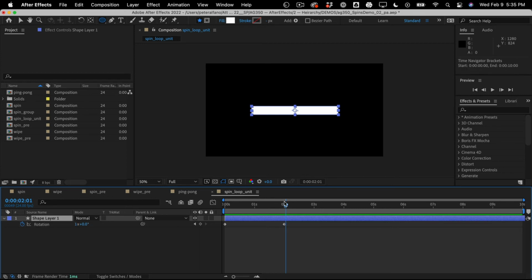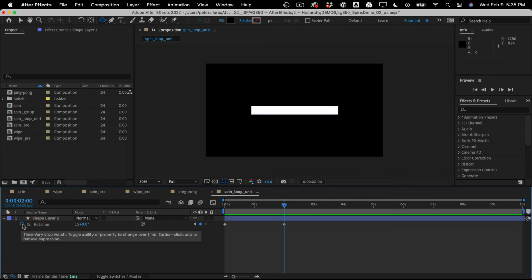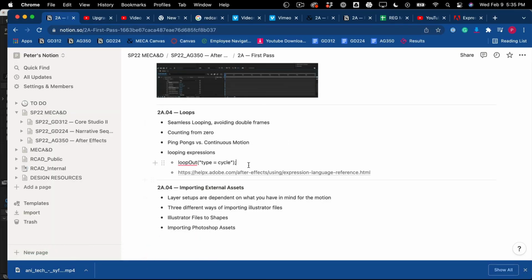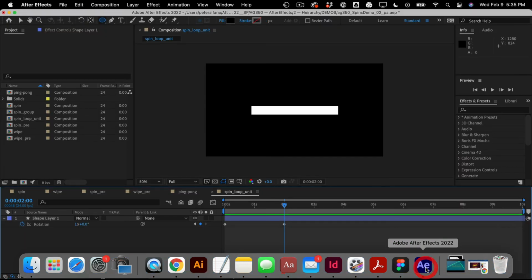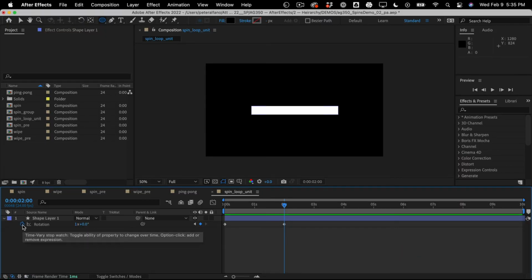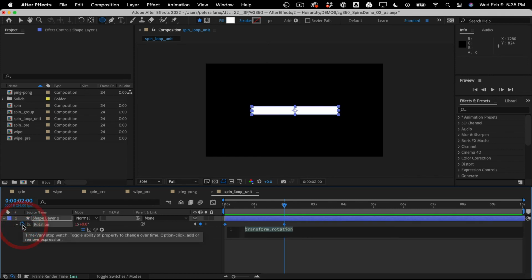So what we could do instead is tell After Effects what you want to do after the last keyframe. And to do that, we need to use an expression. It's a little convoluted and idiosyncratic to After Effects, but it's not too bad. And in Canvas, in Notion, I have a link to the documentation. But basically how it works is if I right-click on this thing, I can make an expression. And what the syntax is, loop